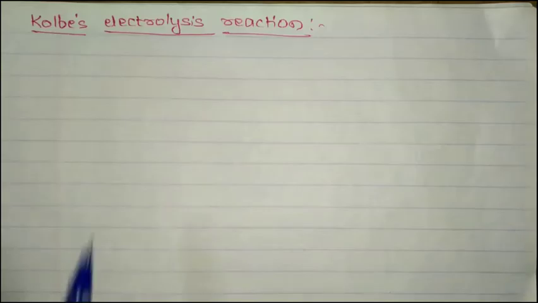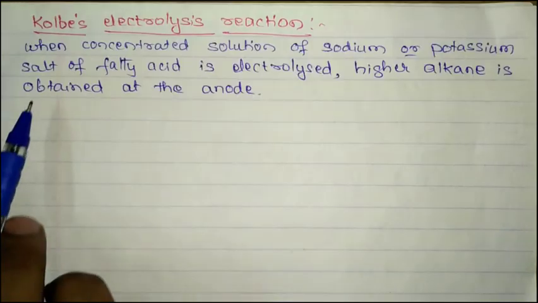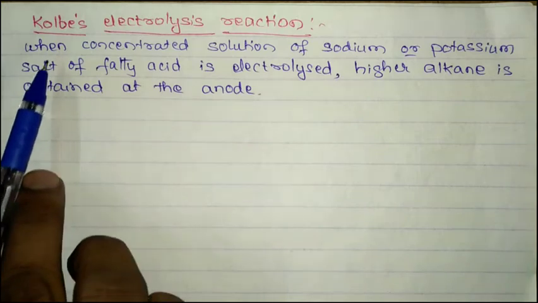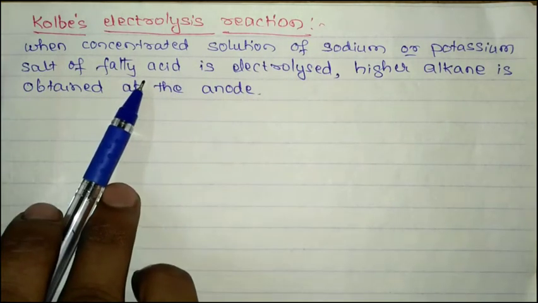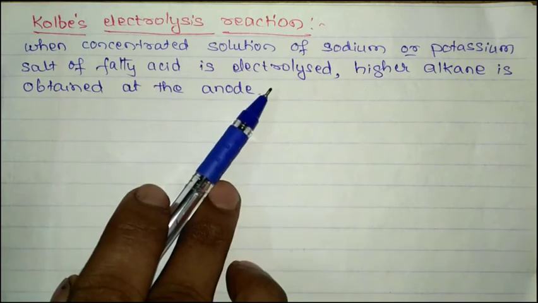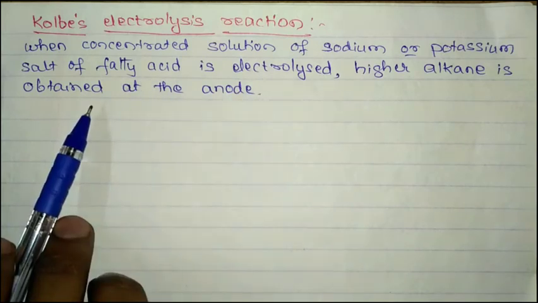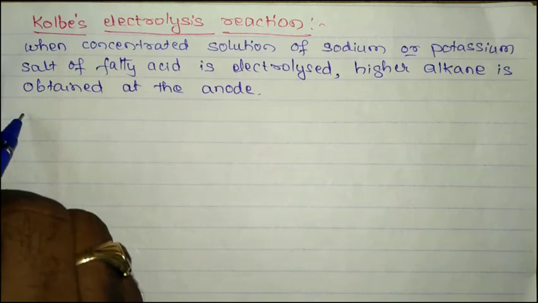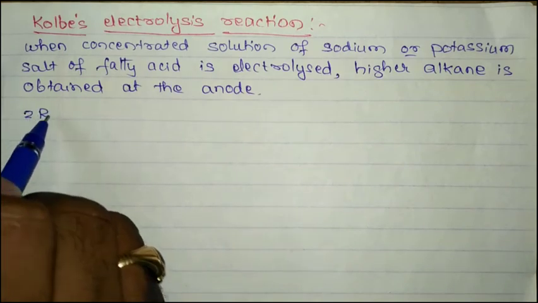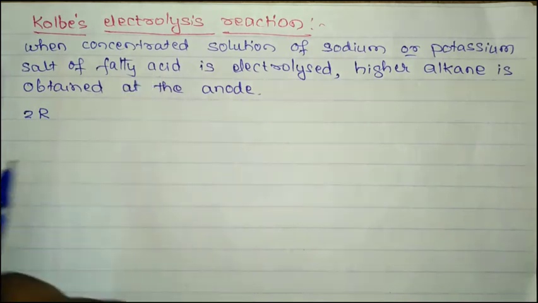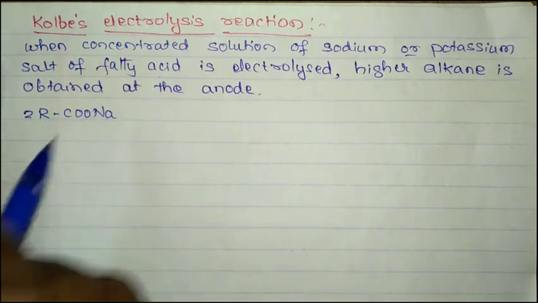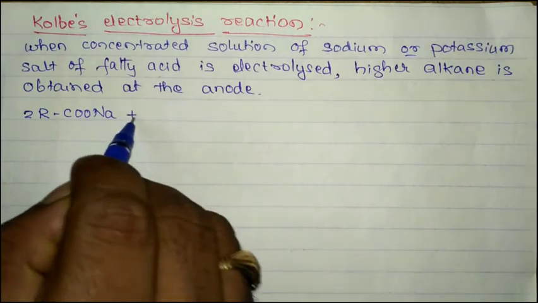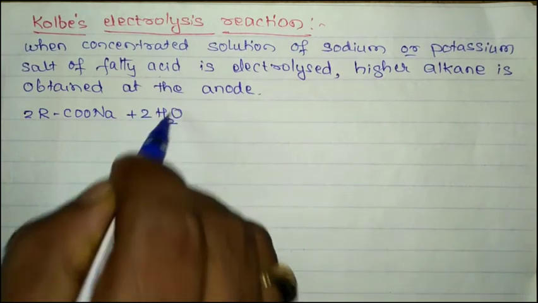Now we'll discuss the Kolbe electrolysis reaction. We have studied this reaction in first PU. When a concentrated solution of sodium or potassium salt of a fatty acid is electrolyzed, a higher alkane is obtained at the anode. We'll discuss the reaction now. Sodium or potassium salt of fatty acid, RCOONa. This is the sodium salt of a fatty acid. If it is subjected to electrolysis,